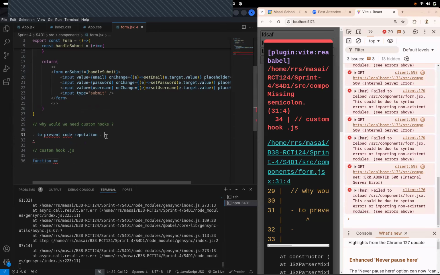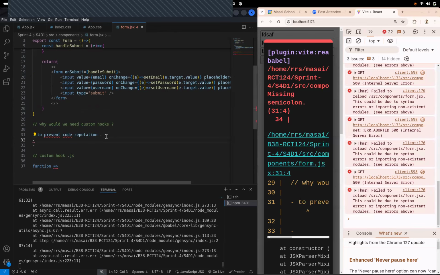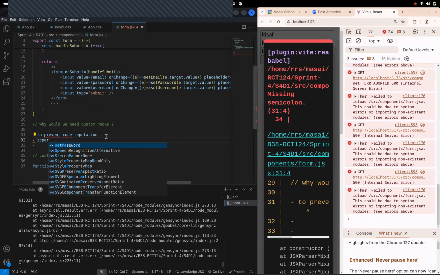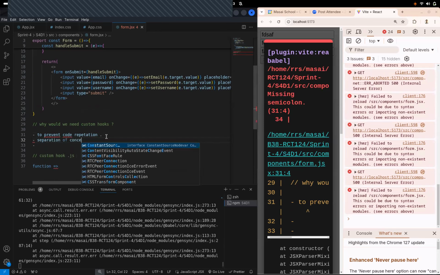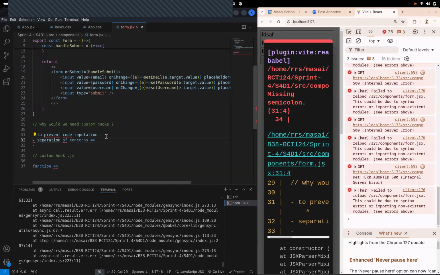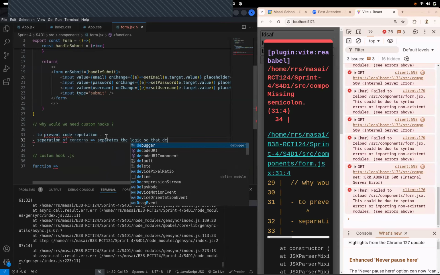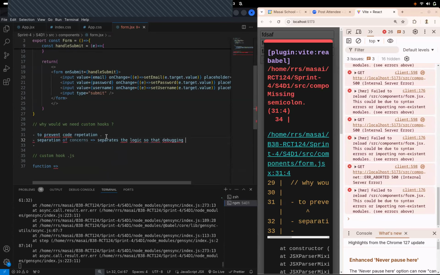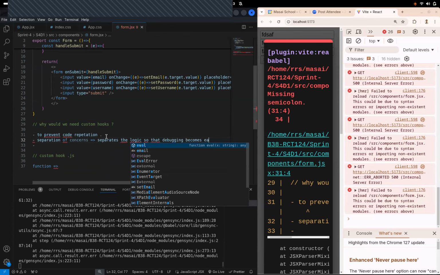So it even helps with separating the code, right? I mean, it has a name, the separation of concerns, right? So separation of concerns, or in simple words, it basically separates the logic so that debugging becomes easier,